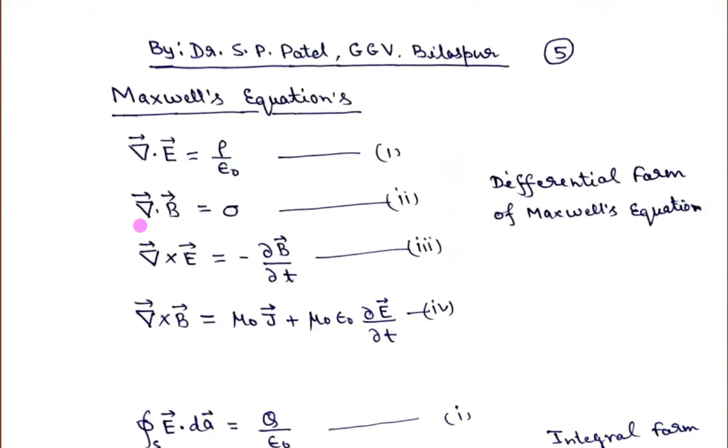Earlier, whatever we learned before this electrodynamics, I called separately electrostatics and separately magnetostatics. There, I never called it electromagnetic theory or electrodynamics. But when the time dependent magnetic field and time dependent electric field are involved, and we write these four equations together, then we will call it electrodynamics or electromagnetic theory. So these are known as the Maxwell equations. This is in differential form, so this is known as the differential form of Maxwell equations.